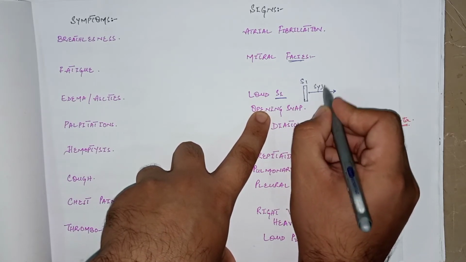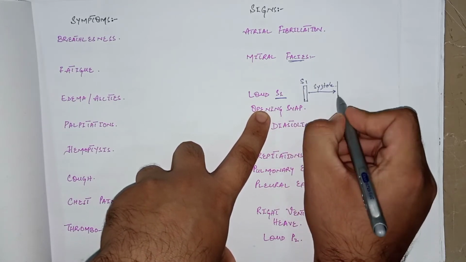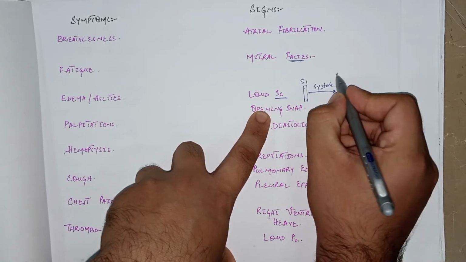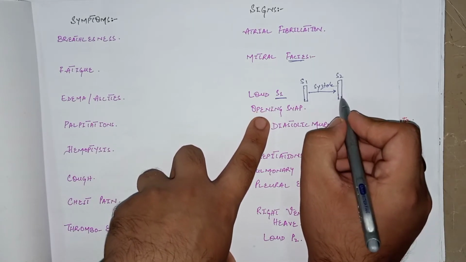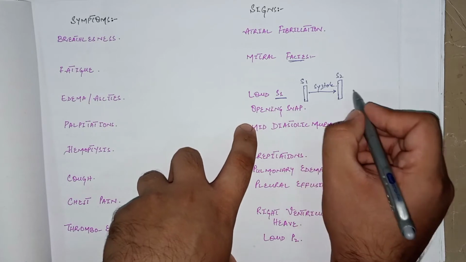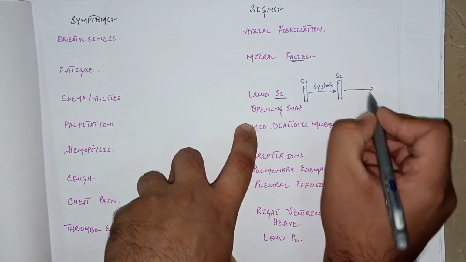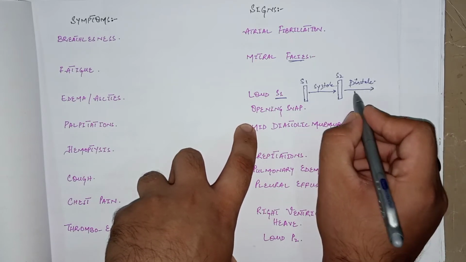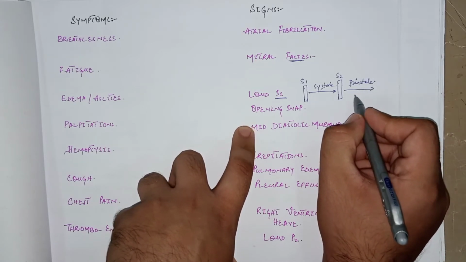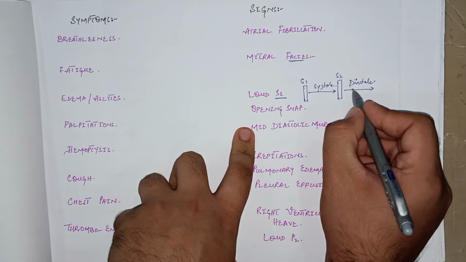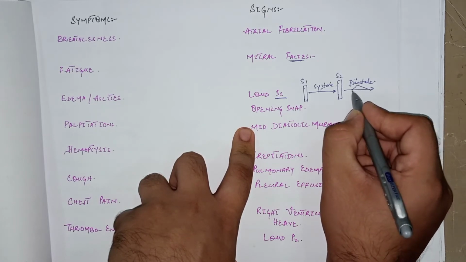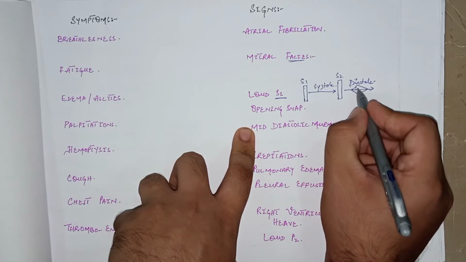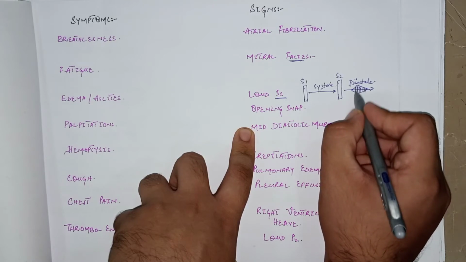This is the systolic phase, and after the systolic phase this is S2 due to closure of the aortic and pulmonary valve. And then the diastolic phase occurs. So this is the diastolic phase. In these patients the mid diastolic murmur occurs, that is, in the mid of diastole there is a murmur, which is an abnormal heart sound in the mid of the diastole, because normally